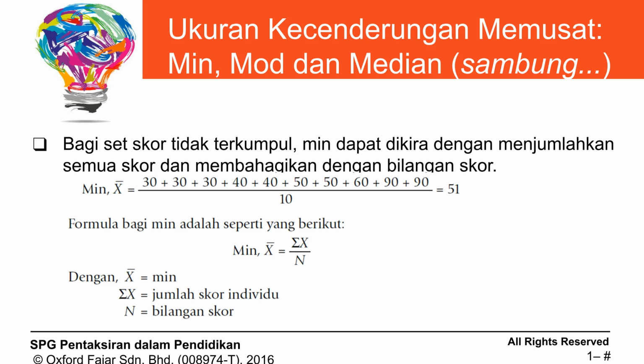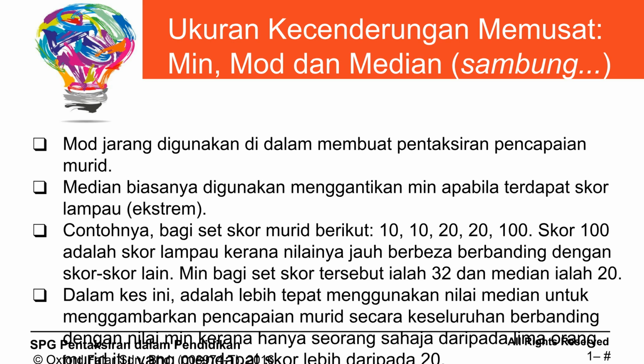For ungrouped scores, the mean is calculated by summing all scores and dividing by the number of scores. The formula is shown here, where x̄ is the mean, Σx is the sum of individual scores, and n is the number of scores. The mode is rarely used in student achievement assessment. The median often replaces the mean when there are extreme scores, as it is a more accurate representation of overall